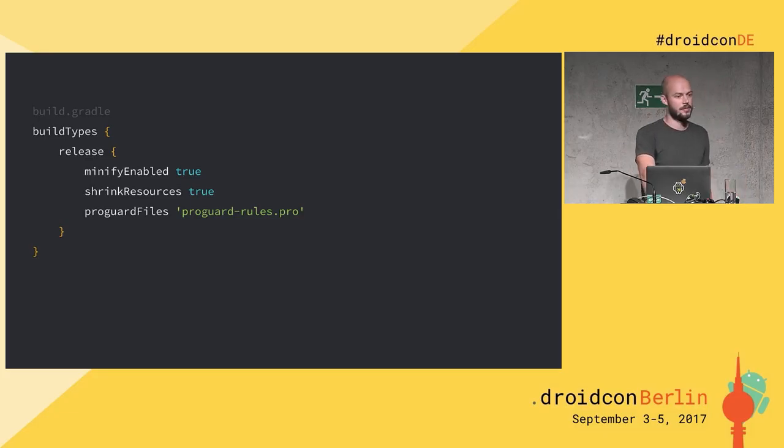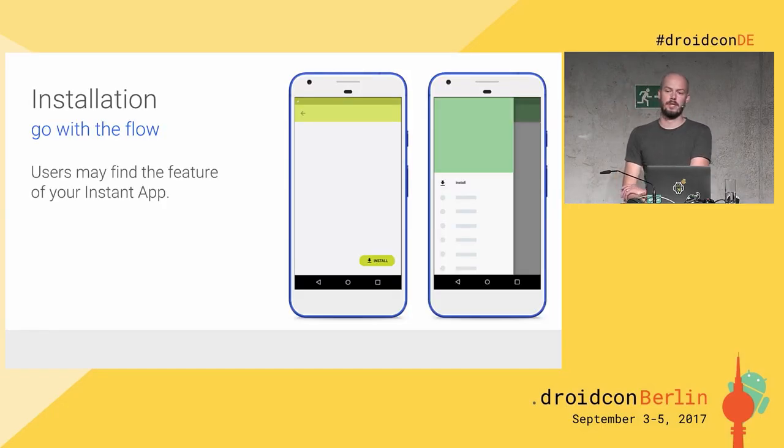Another question that I get asked every now and then is, do I have to migrate everything at once? Well, the answer is no. Just the feature that you want to ship as an instant app in the first place. Your user might end up at the edge of your instant app, and you haven't done the next part of your app already. So you want to gracefully upgrade them to the installed app,